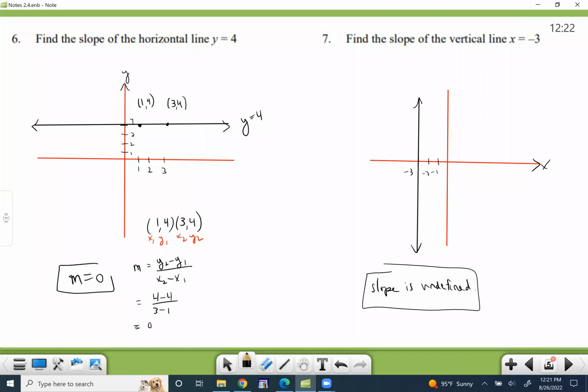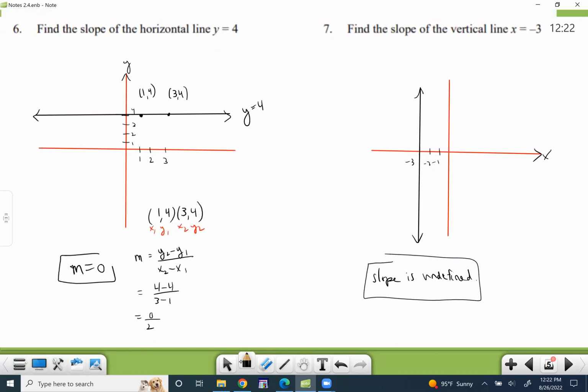4 minus 4 is 0. 3 minus 1 is 2. So 0 divided by 2, well, that's 0. Okay, so the slope here would be 0. If we went over and picked a couple points on this one, let's say we pick this point and this point. So 1, looks like that's 4, right? So (-3, 1) and (-3, 4). If we were to pick those points,